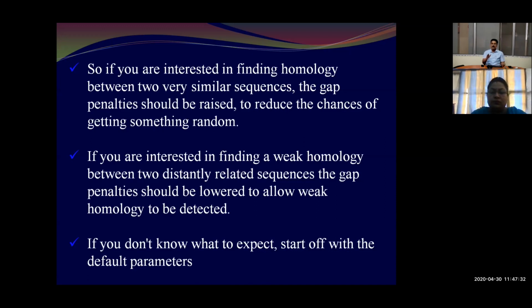Suppose we are comparing STX2 sequences of Escherichia coli obtained from two different strains of the same organism. We do not expect wide variation between them because they are from the same gene and the same organism. So we are not expecting a high level of variation. If such sequences are aligned, then the gap penalty should be raised. Gap penalty should be increased.